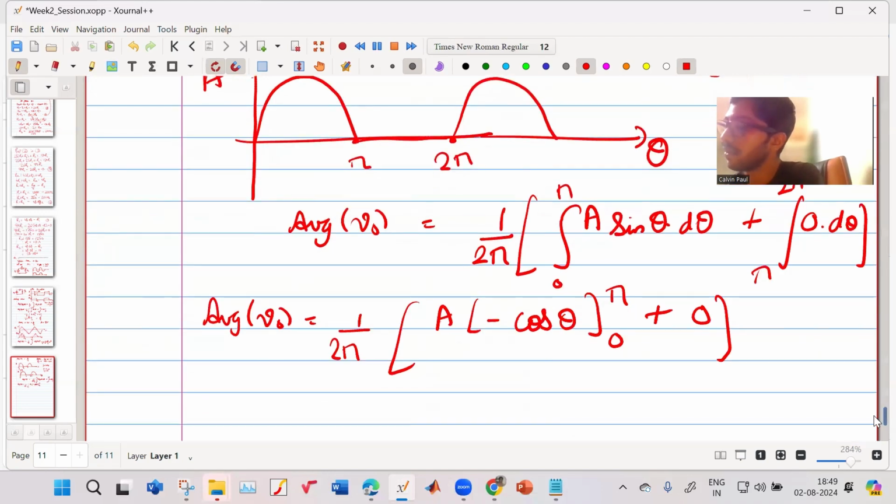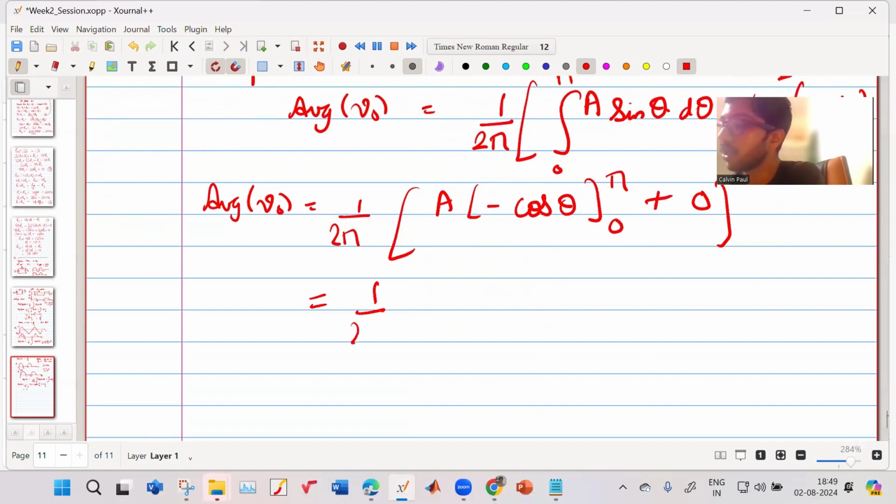That becomes equal to 1 by 2 pi into A, minus cos pi